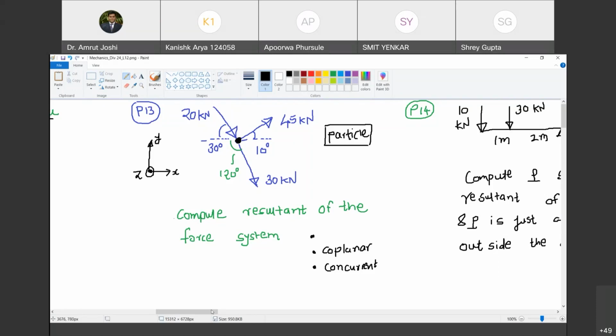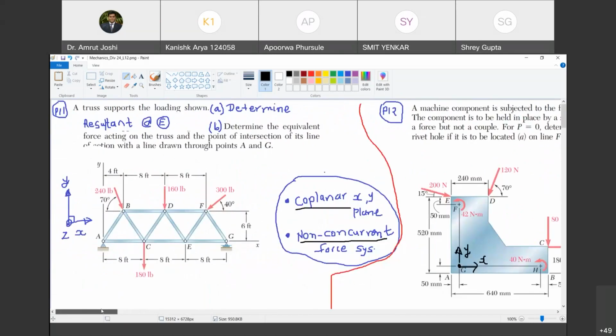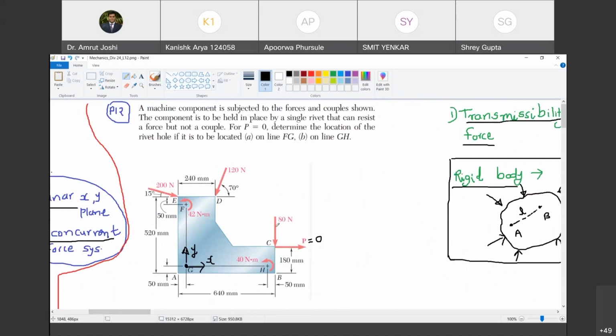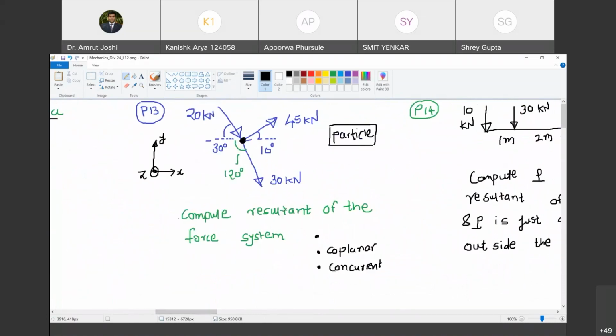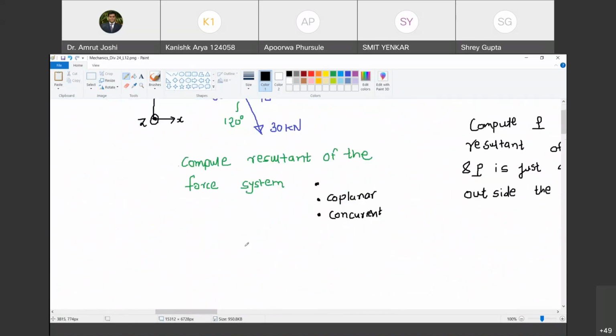Always. Whereas if you look at a coplanar and non-concurrent force system, there are only certain points where the resultant is a single force. At all other points, you have two components of the resultant, one force and another moment. Happy? Yes, sir. Okay, so now how do you find the resultant of all these forces? That is very easy. We are going to do that quickly. Rx is going to be equal to summation Fx. Happy? Yes, sir. And Ry is going to be equal to summation Fy.